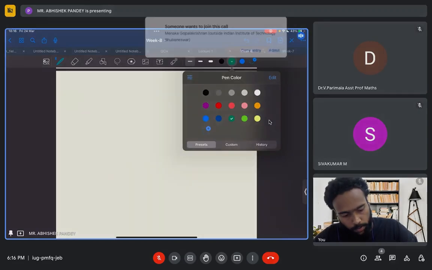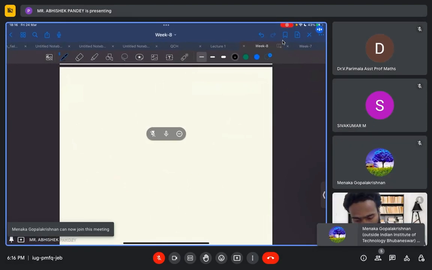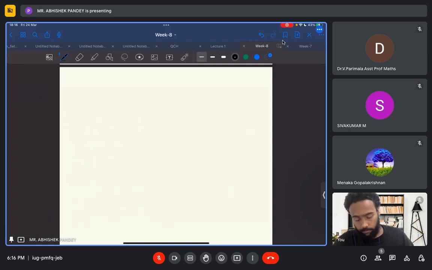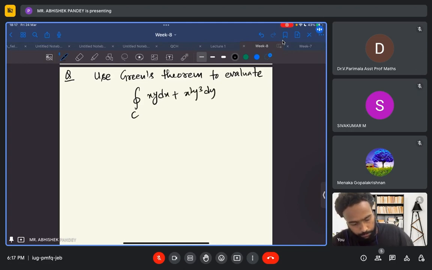So let us see some problems, where we are going to use this theorem. Question: use Green's theorem to evaluate the following integral, xy dx plus x square y cube dy, where